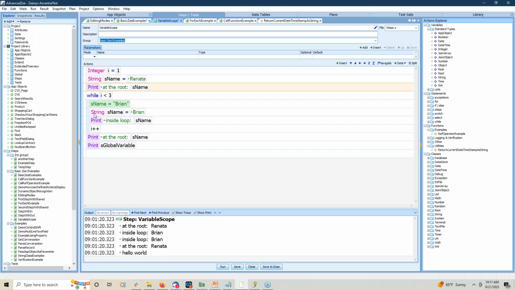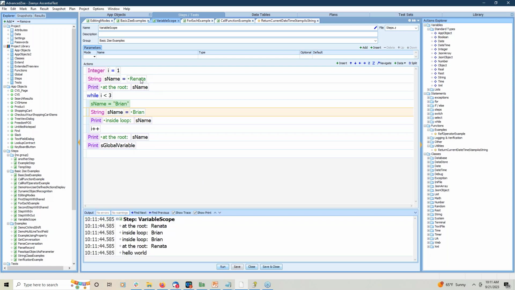Now, if I didn't define the variable here, if I commented that out, then it would be this variable that is used inside of the loop. But since I'm defining it again, I'm overriding this one here. So if I run it,